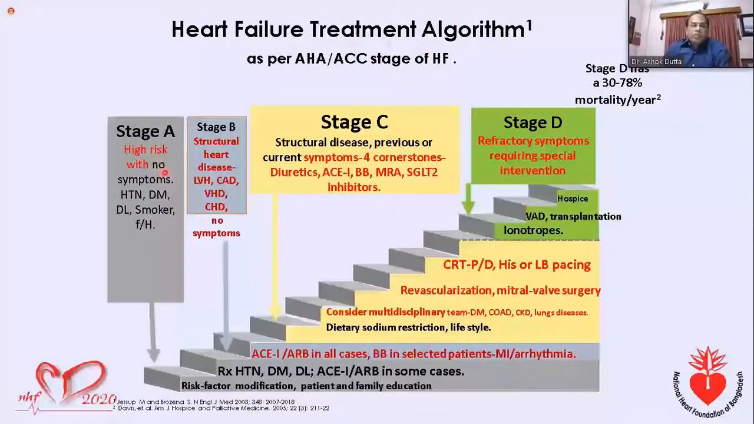Heart failure treatment algorithm. This is an easy way. Most of the patients that we get in our hospital and clinical practice are stage C, where the patient is symptomatic and already has structural heart disease. The cornerstone of therapy of stage C is diuretics, either loop diuretics, ACE inhibitor or ARB, and beta blocker. MRA means mineralocorticoid receptor antagonist or aldosterone inhibitors, and a newer group of drugs is SGLT2 inhibitors. All these drugs should be used and combined together to get the maximal effect of heart